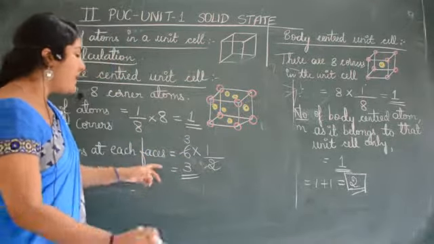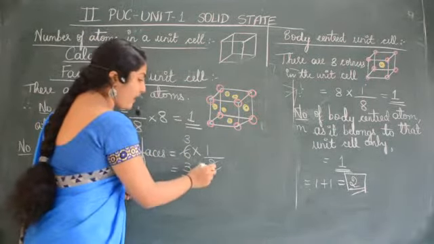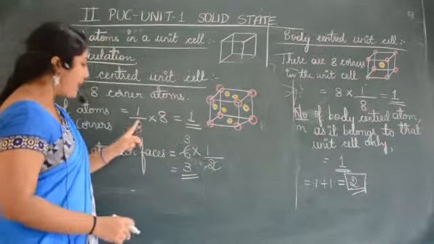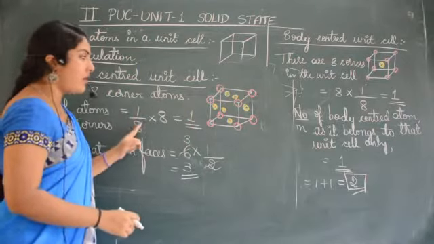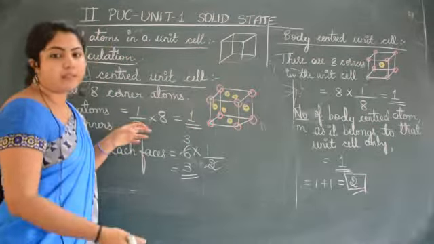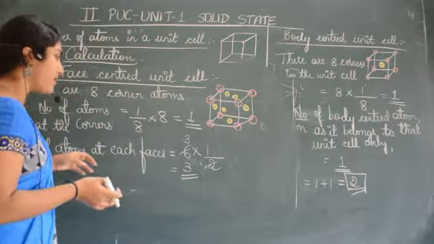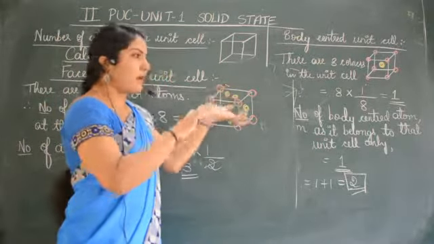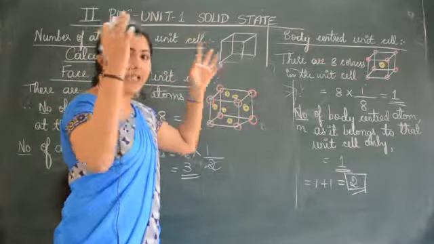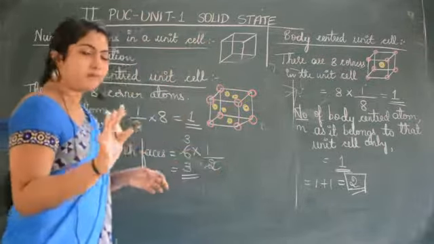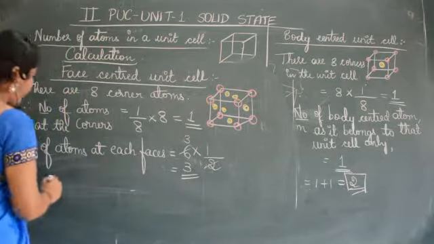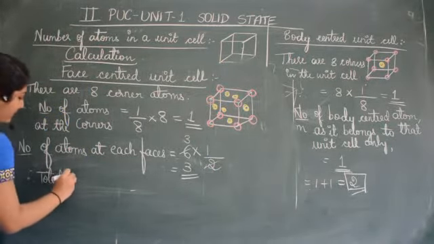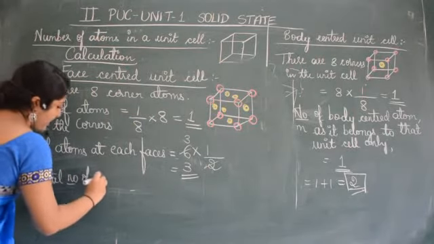Hope it is clear. 6 means the number of faces. 1 by 2 means 1 atom is shared by 2 unit cells. Here 1 by 8 means 1 atom in the corner is shared by 8 other unit cells. That means 1 by 8 part of it for this unit cell, 1 by 8 part for another unit cell. Like that, 8 will complete 1 atom. Now here, total number of atoms